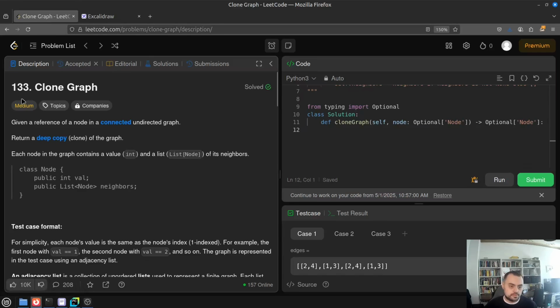Leetcode 133, clone graph. Given a reference of a node in a connected undirected graph. So first sentence, and we already have a lot of information. First of all, we have nodes. So the structure on which we operate is called graph, and individual elements are called nodes, and those nodes can